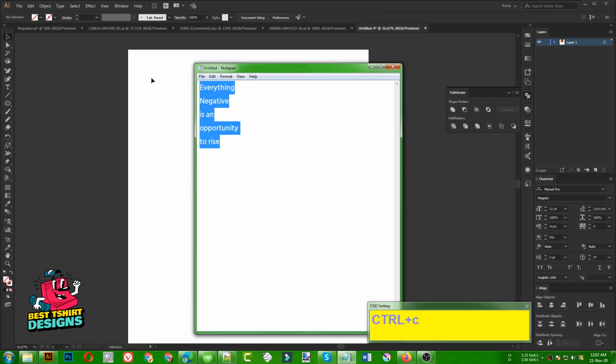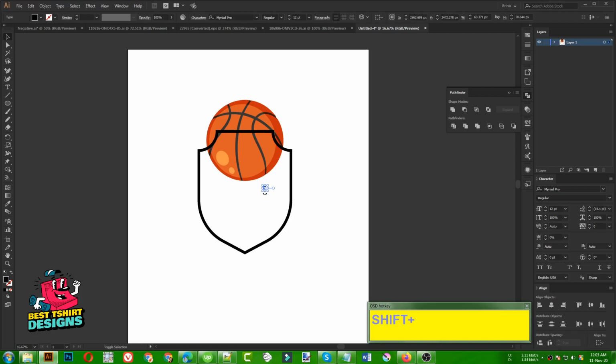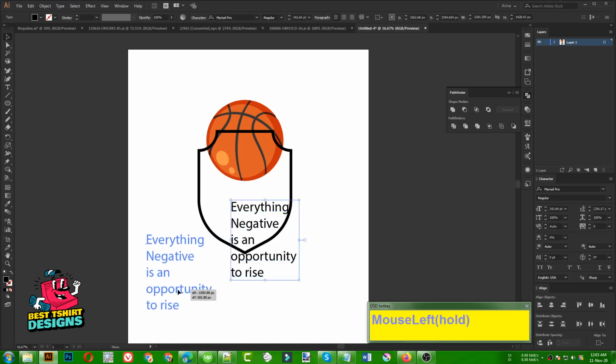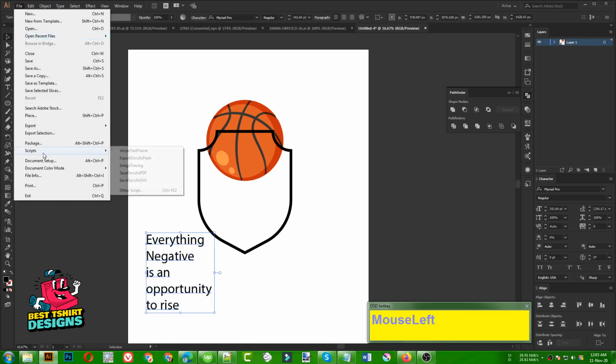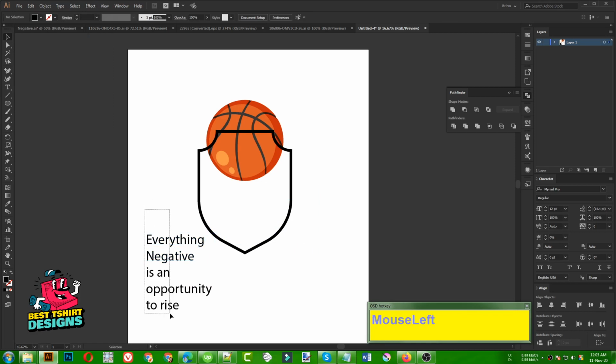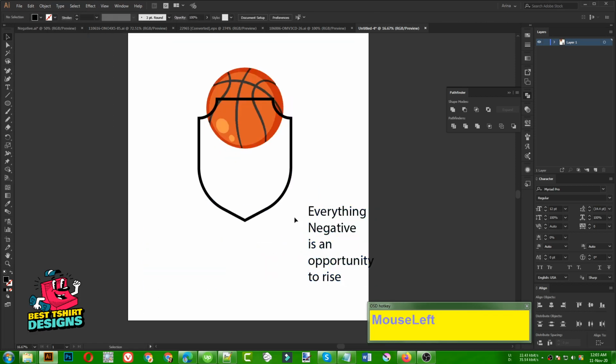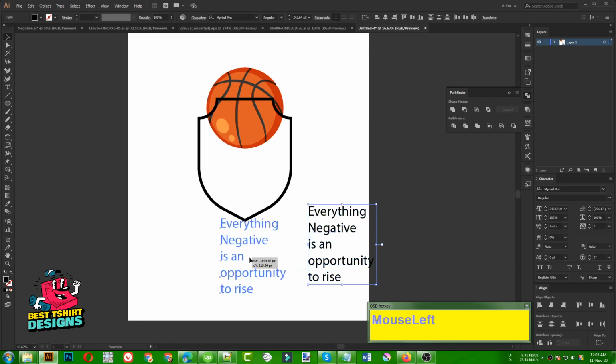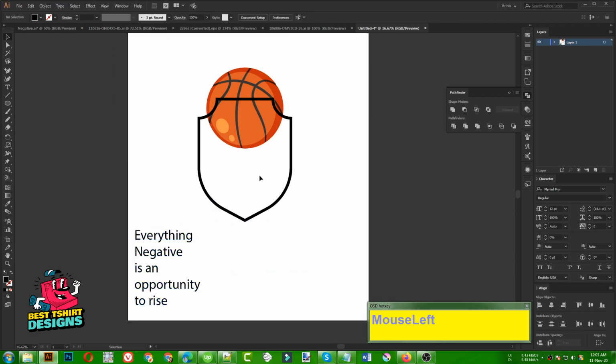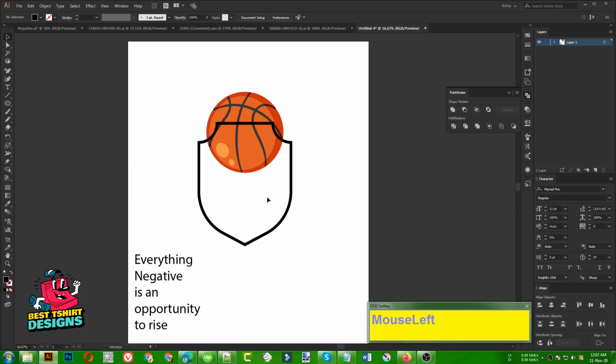This is the text I'm going to use in this design because that is the text my client sent me. This is actually a famous quote of Kobe Bryant, you can search on Google. But I'm making this video for two things: one is that this is the style of basketball designs, and another is that there is a special kind of font for basketball designs.